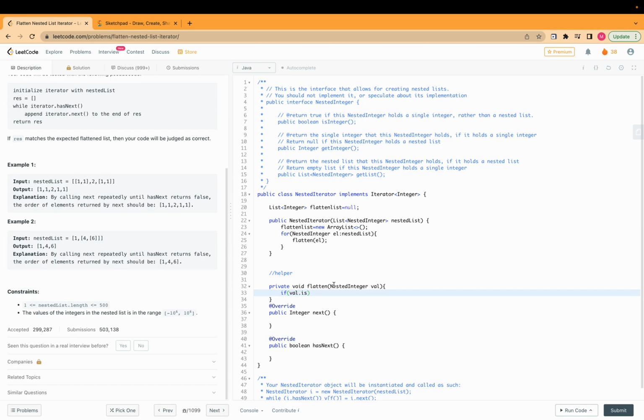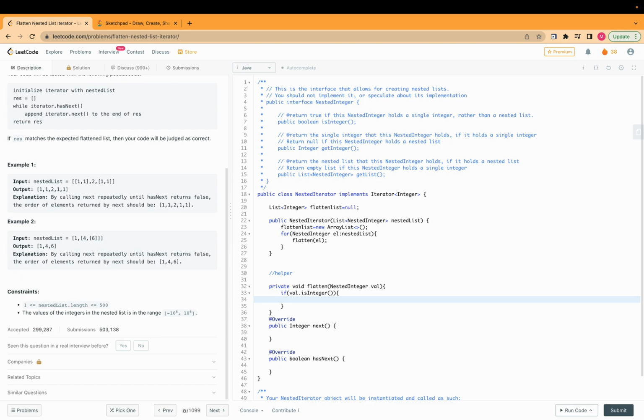As we already know, it is of type NestedInteger, and we have the function isInteger that will tell us whether this is an integer or a list. So we will check whether it's an integer or a list. If it is an integer, then we will simply add this element: flattenList.add this value. Otherwise,